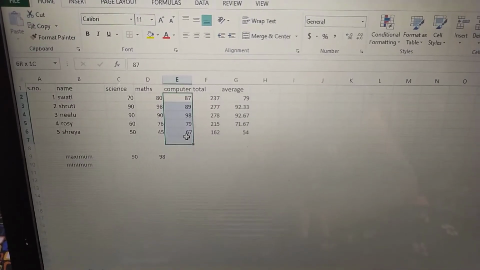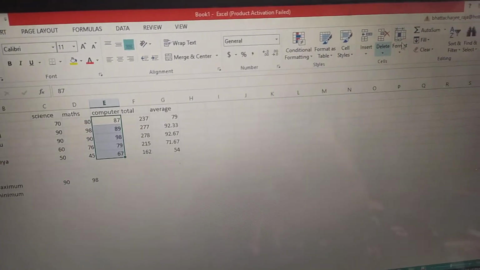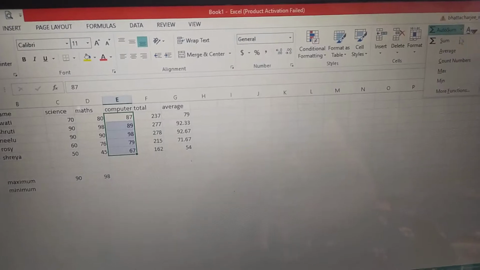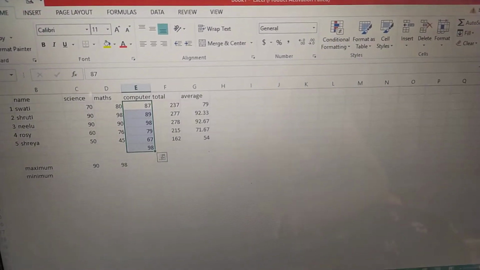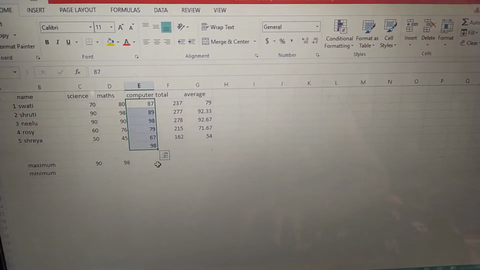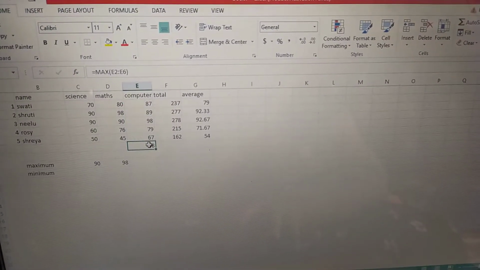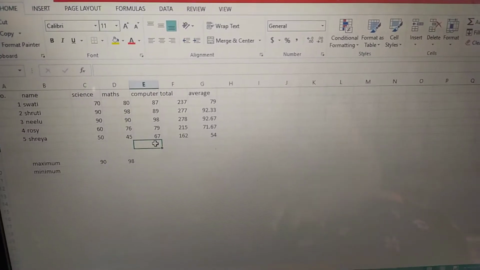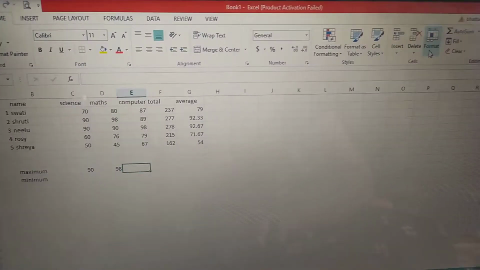Next, again, maximum marks obtained in computer.